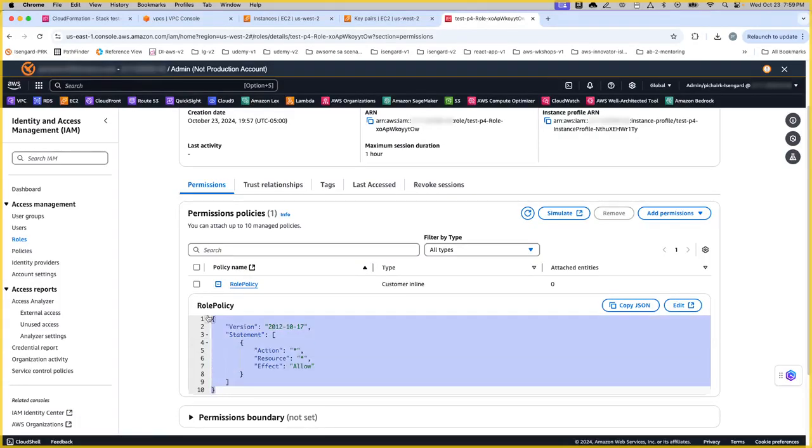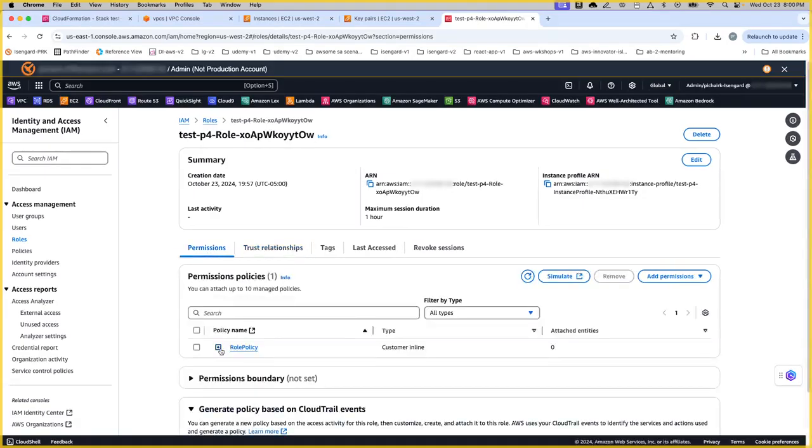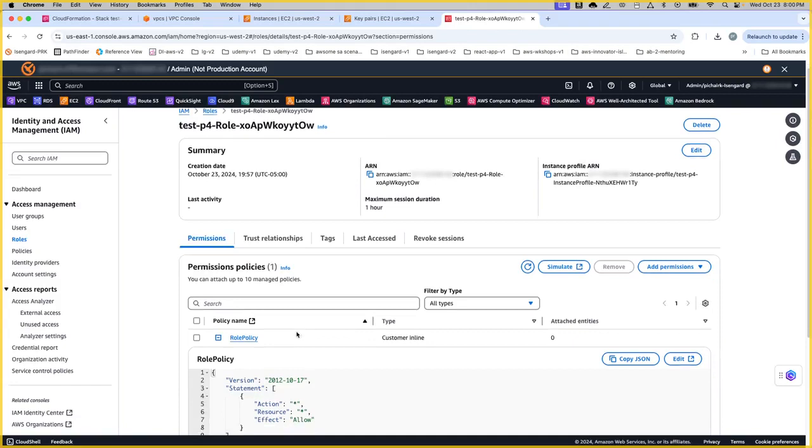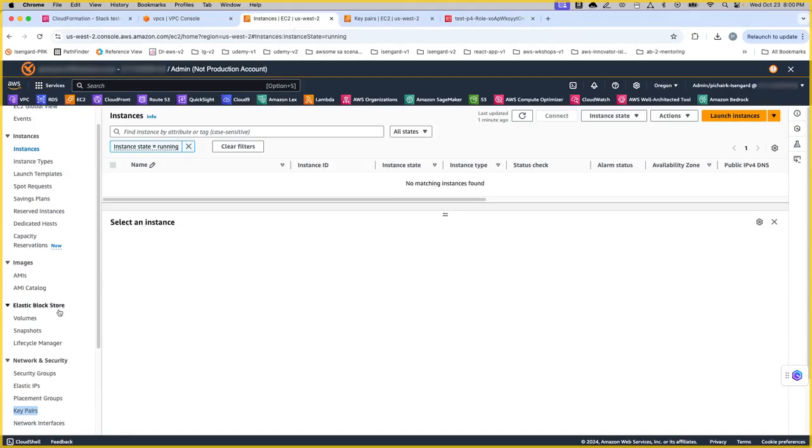We attach this permission policy, the role policy name, and then the trust relationship that was referred to as well, which means that whenever the EC2 instance gets associated or assumes this role, it gets these permissions, meaning the admin level permissions. Okay. One more thing to validate is the